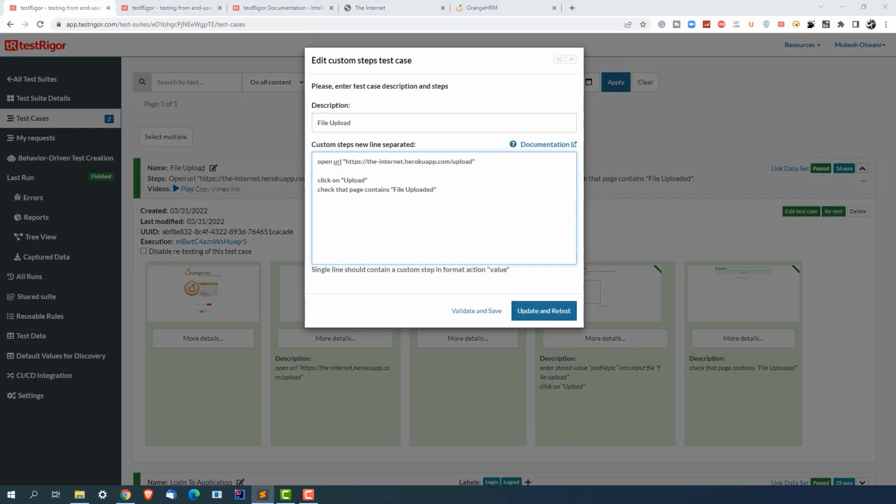Okay, maybe I will save it somewhere, and this time I'm opening that particular application. I'm not uploading any file. Then I will click on upload. Obviously now it will give me some different message, right, that I have to validate, but still I will check without uploading any file, if I click on upload, will I get this message? Let's see. So again I will say update and retest,